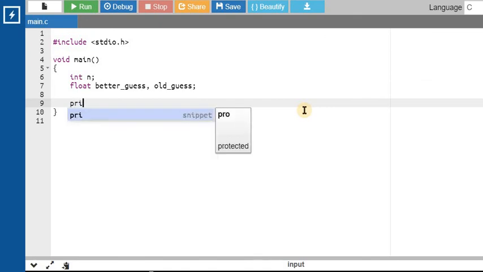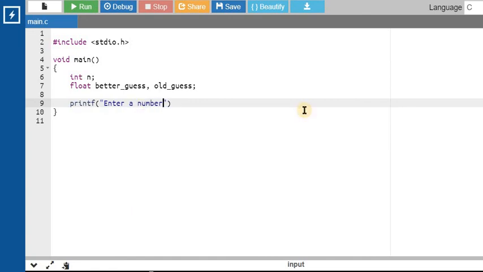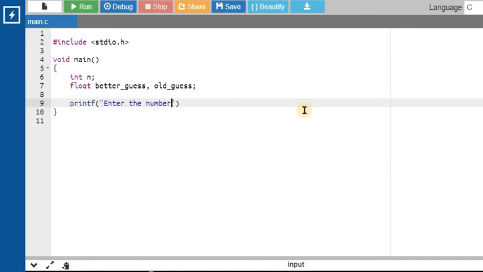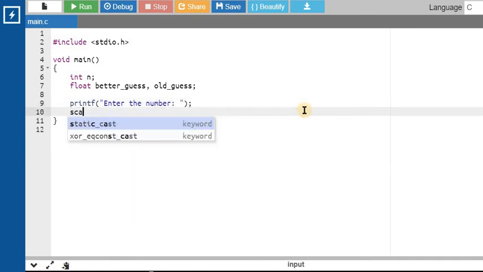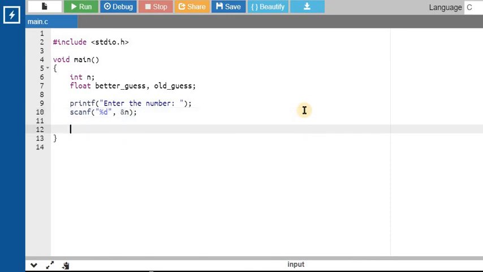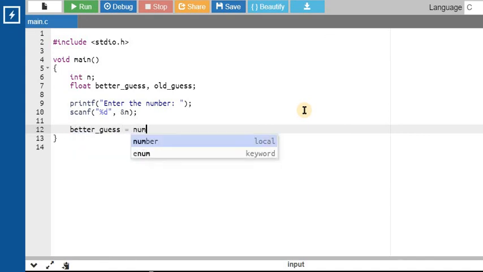I'll ask the user to enter the value for the number. Now I set the better guess, a rough guess value, as num by 2.